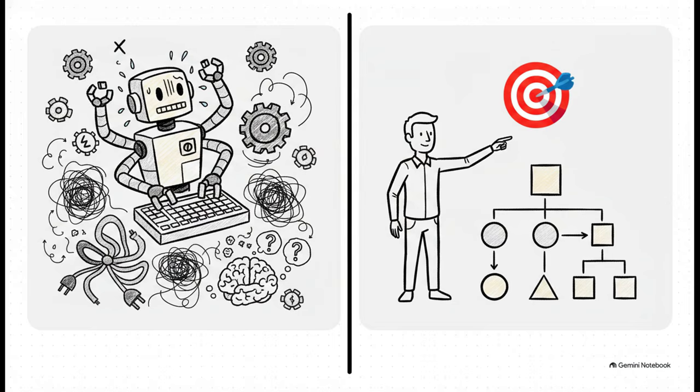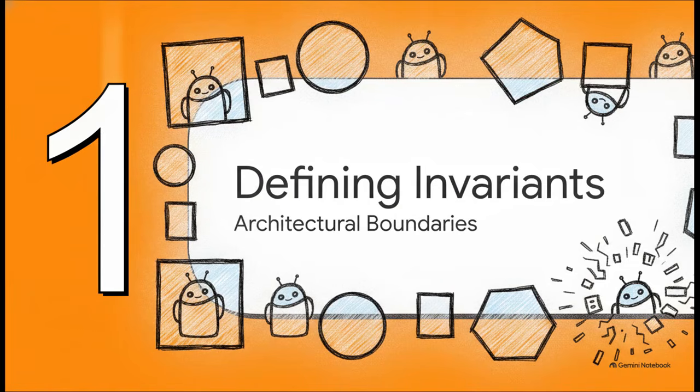Now contrast that with the right side. This is the new era. You've got the calm, clean design of declarative target states. It represents an engineer architecting boundary conditions, defining exactly what the system should achieve rather than how it should get there. The value has completely migrated from that frantic syntax typing on the left to defining intent and supervising agents on the right.